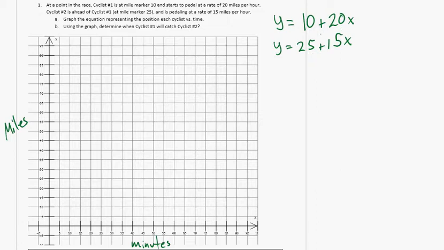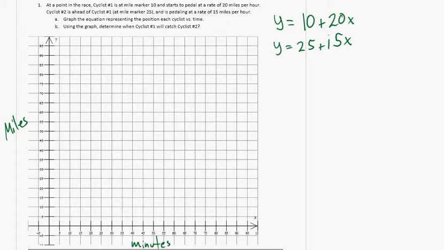Now, if you just think about this intelligently for a moment, how far apart are the two when we started this timing? This guy's at mile 10, this guy's at mile 25. That would make them 15 miles apart. What is the difference in their speeds? Well, this guy is going 5 miles an hour faster than this guy. So there are 15 miles that cyclist number 1 needs to make up, and he's making up 5 of them every hour. So just using your common sense, I think you can see that this is going to happen in about 3